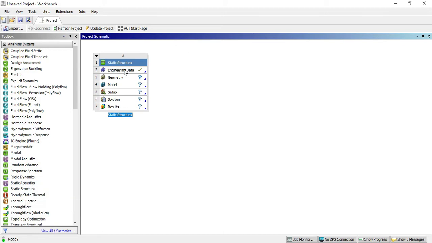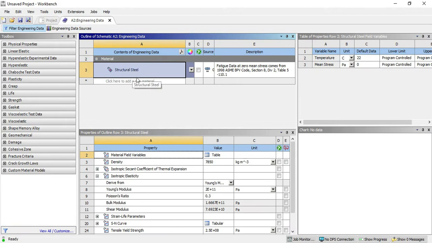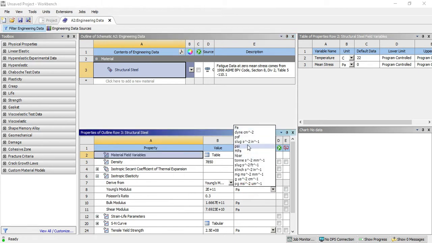Now open engineering data. So in isotropic elasticity, select change here unit Pascal to megapascal.